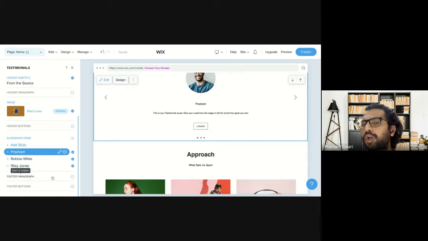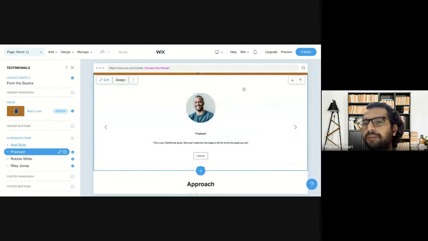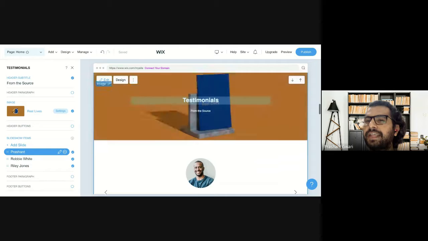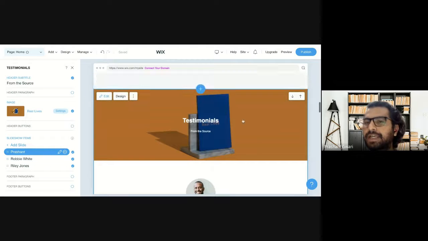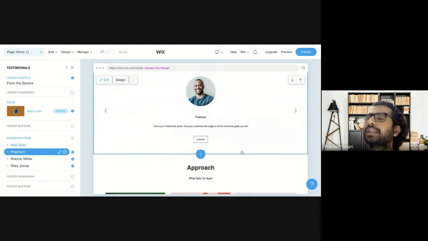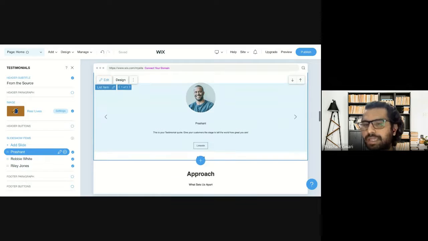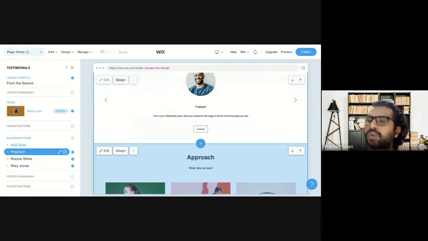Then if you want to add a footer paragraph here, any paragraph or any button, you can do that, but it will not make the website section visually good, because we already have a really long section. If you see here and here, the height of the section is really long, so I don't want to add another footer because it will stretch the height even more. So I will go with this section. It's up to your choice, whether you want to do that or not.